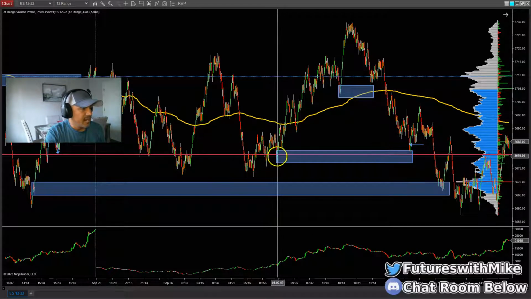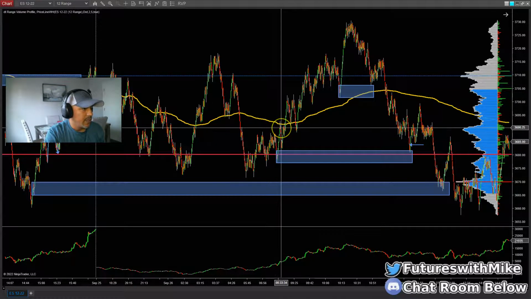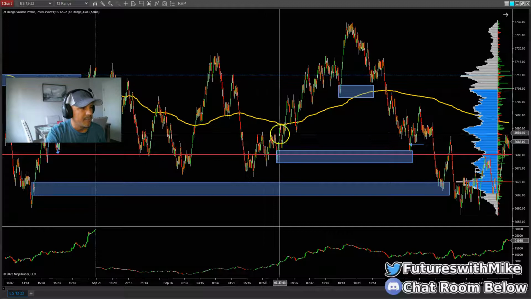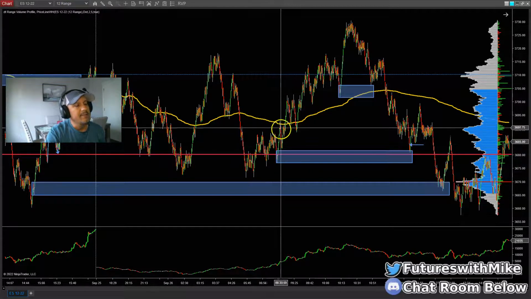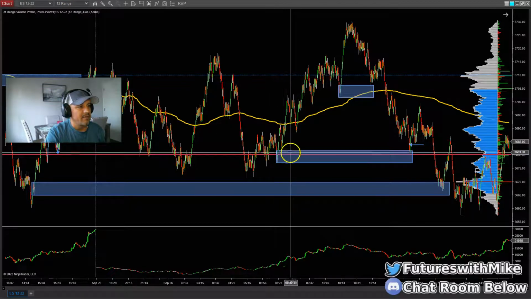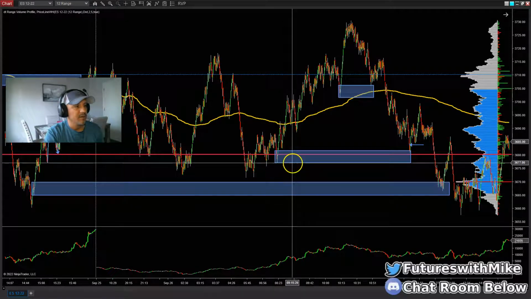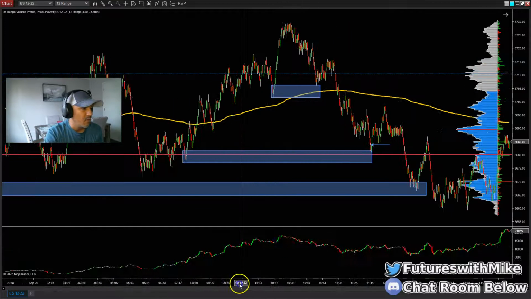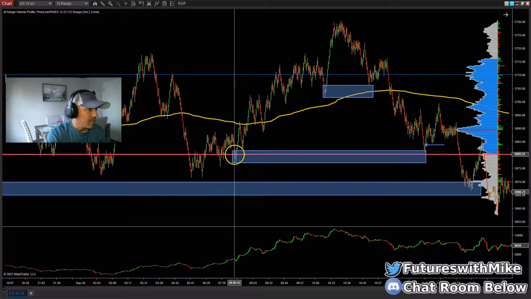Now, this area is classified as a demand area because this swing right here is what we classify as a supporting swing within a bigger swing. So this is the bigger swing right here. Price pushing up, pulling back, breaking higher, but we have a swing within a swing. Price pushing up, pulling back, breaking higher. This here is the area of demand. Again, you mark it from the lower portion of the green candle that wicked out there, you see it at the end of the wick, to the upper portion of the red candle, if you can see it here. Green candle, red candle. That's how I mark my zone.